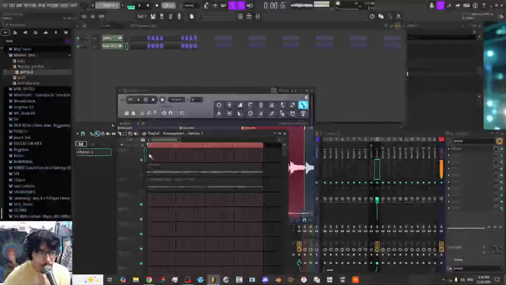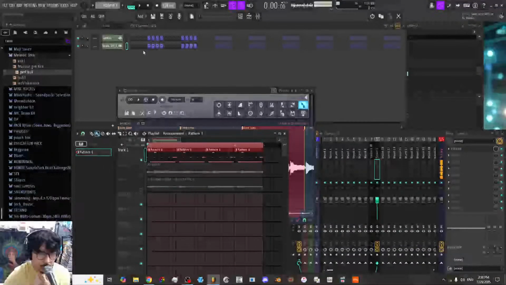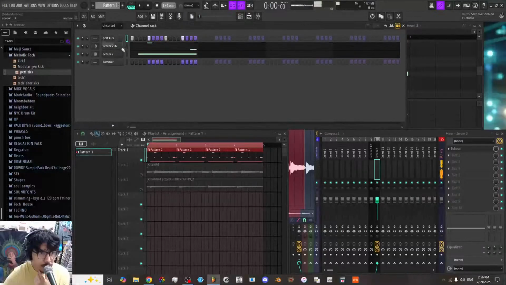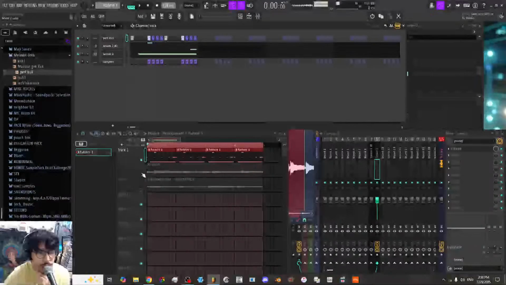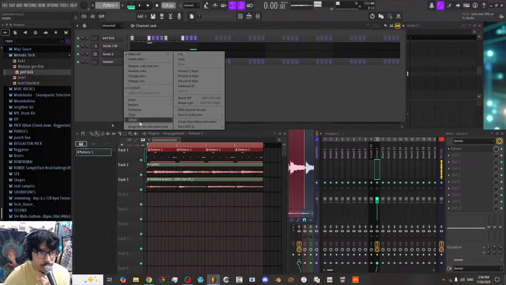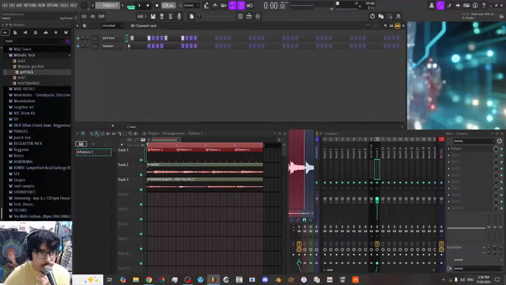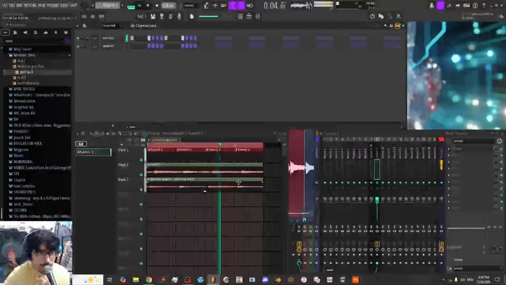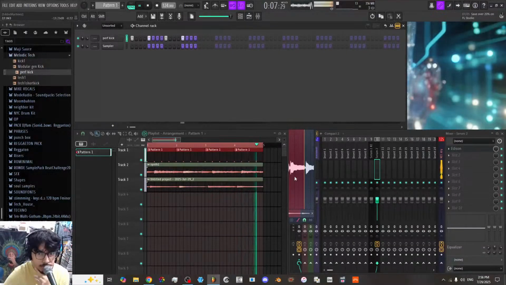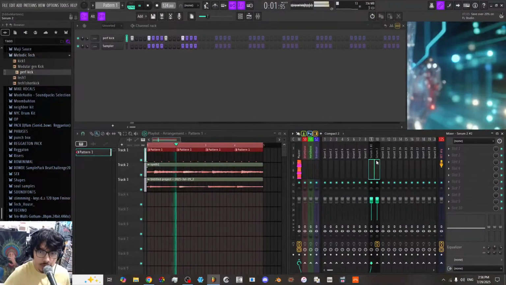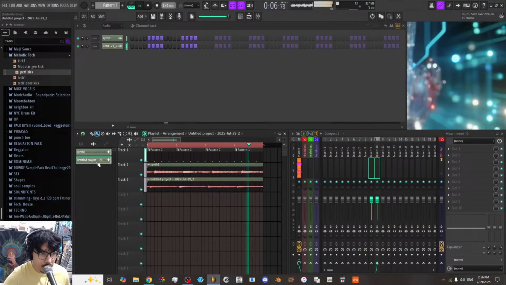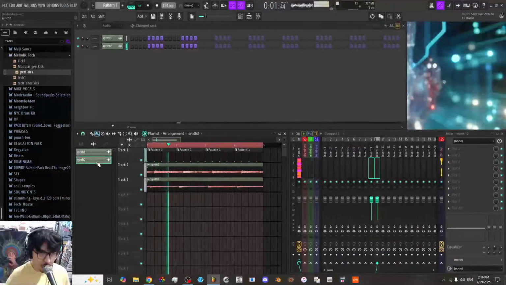So yeah, I'm just doing this also because Serum 2 takes up a lot of CPU. So instead of having that, I just record the audio and then I'm just going to get rid of Serum. And now I got seamless loops and I have the sounds. So now I can just reset these channels. Call this 2.